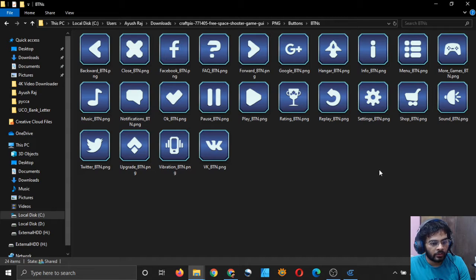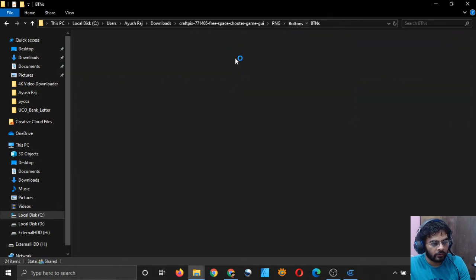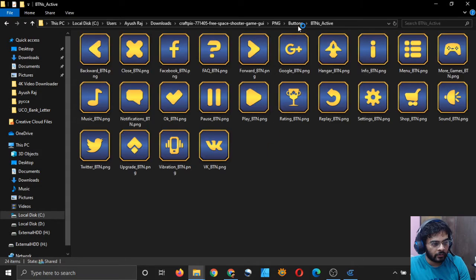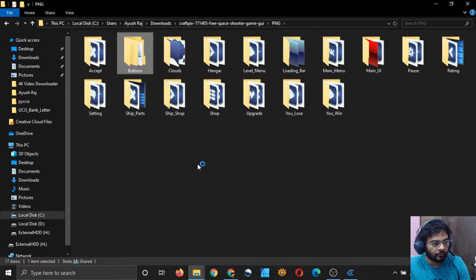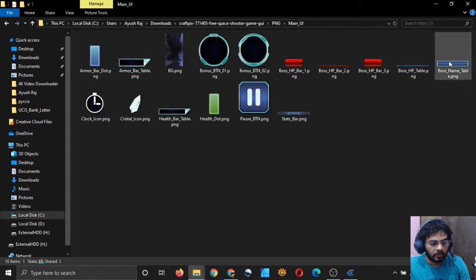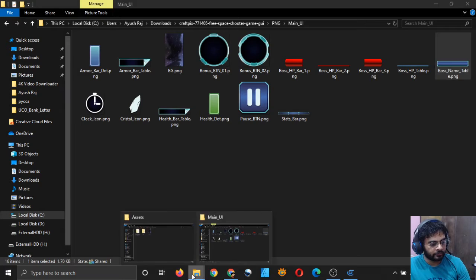These are buttons which are showing some icons, and I don't want this, and neither do I want this. I think I will take this boss name table. This looks like a button to me, although the name is boss name table, but I will simply copy it.